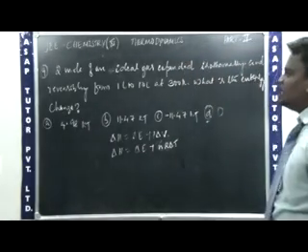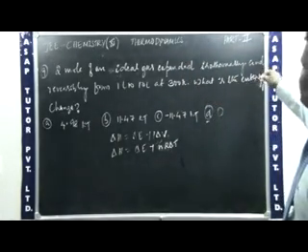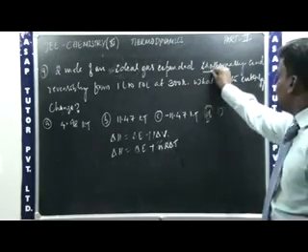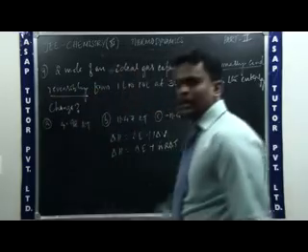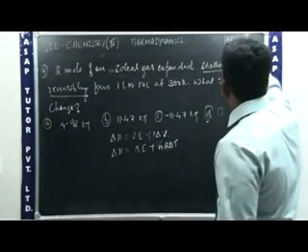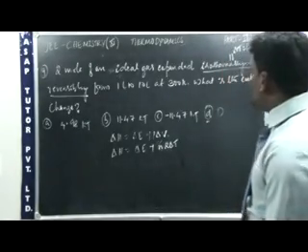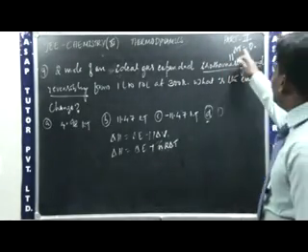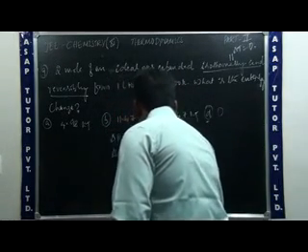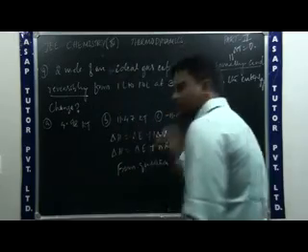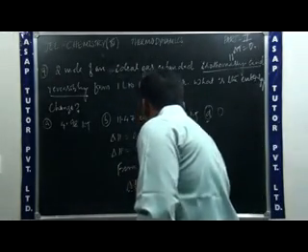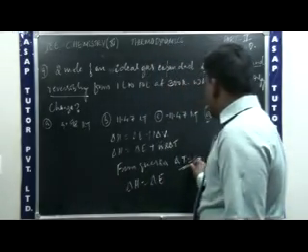Come to the question now. 2 mole of an ideal gas expanded isothermally and reversibly from 1 liter to 10 liter at 300 Kelvin. They are mentioning isothermally and reversibly. What is the condition for isothermal and reversible? For this condition, we need to take delta T equal to 0. If it is isothermal and reversible, then delta T is equal to 0. From the question we can say delta T is equal to 0. If delta T is equal to 0, then delta H becomes delta E. See, there is no change in temperature.